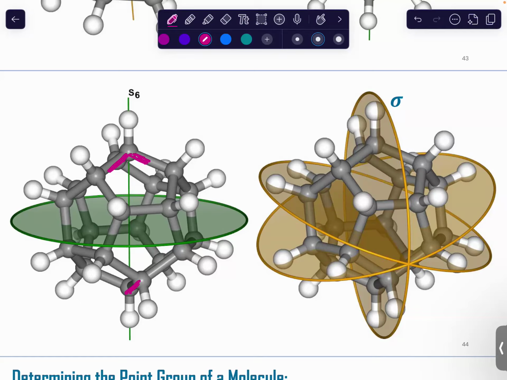And then let's see. Yeah, the sigmas we're just going to call sigmas, and these are too complex to actually be V's, H's, or D's. So let's take a look at this. Icosahedral is, I'm never going to give you any of these, but you have to know they exist so that you can make sense of them when we get to point group